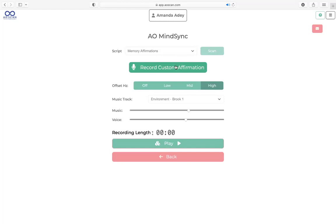So another way that you could use the mind sync is if you're running events or programs, say you're a business owner. For example, if some of you are doing the 21-day detox program and you are about to put yourself out there into socials and the community, you might put a script together about what you want to manifest in putting that out there. So you can use this software on yourself, to balance yourself, to affirm to yourself what you want to manifest. So I use this for any program, any workshop, not just the programs that we're doing